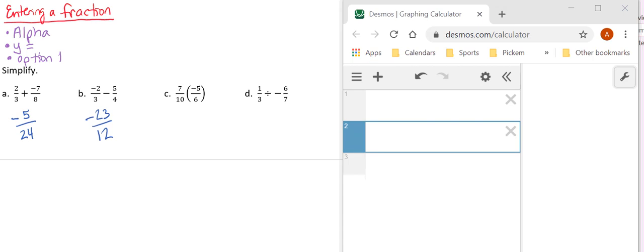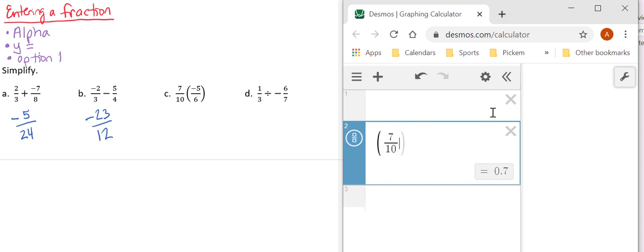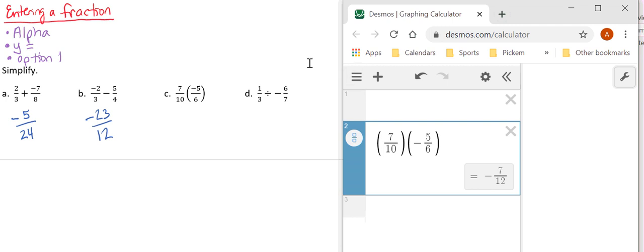This can also be done using a Desmos calculator. So here we'll enter in 7, I'm using the divide sign, and 10. I'll arrow over and close my parentheses, put my new parentheses, and then -5 divided by 6, and then close my parentheses. And right now it's giving me an answer as a decimal, but because we started with fractions, we are going to end with fractions and get an exact answer. So what we'll do is we'll click this button right here, and it's going to give us our reduced fraction, which is